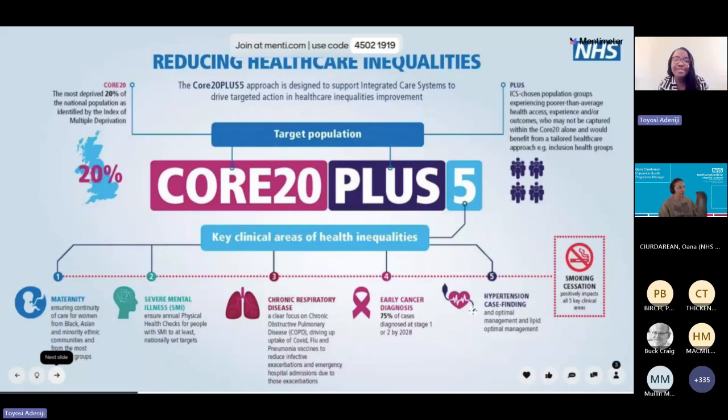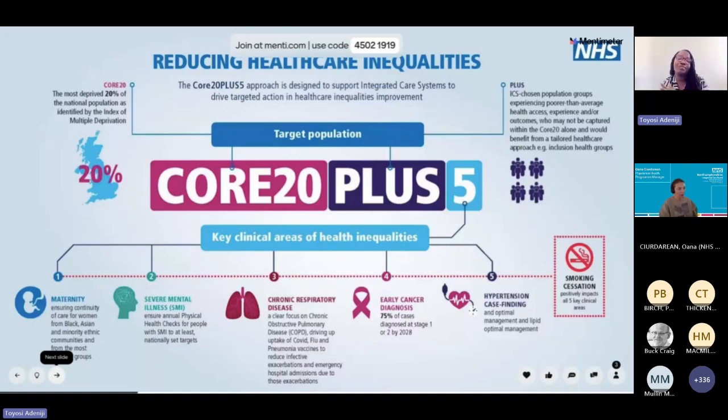And for me, I think it's important, if you're even thinking about quality improvement, I love the idea of quality improvement. This becomes an opportunity to say, okay, where do I start? Because oftentimes healthcare inequalities just seems like this big, big terminology, really. It's how do I practically implement it? So I think for me, coming up with this framework that has been created by NHS England, I believe